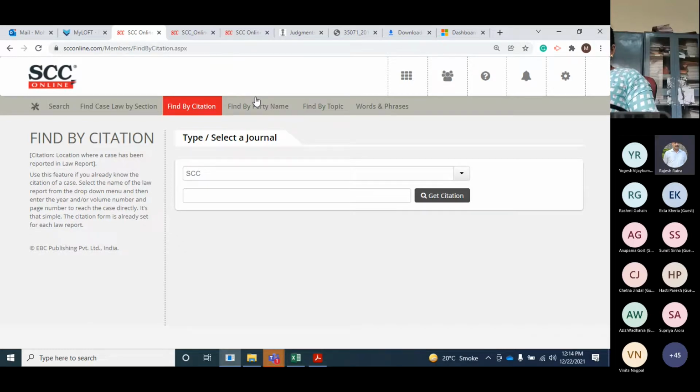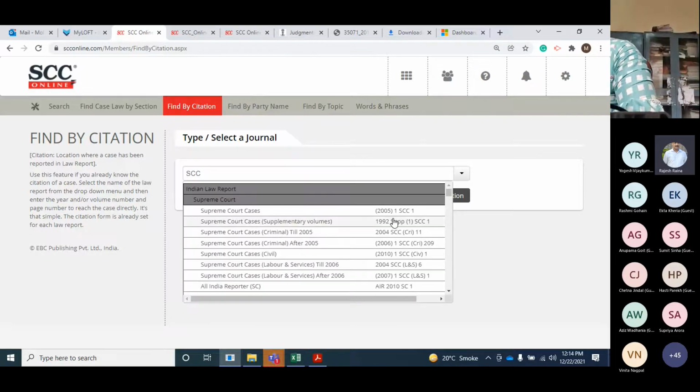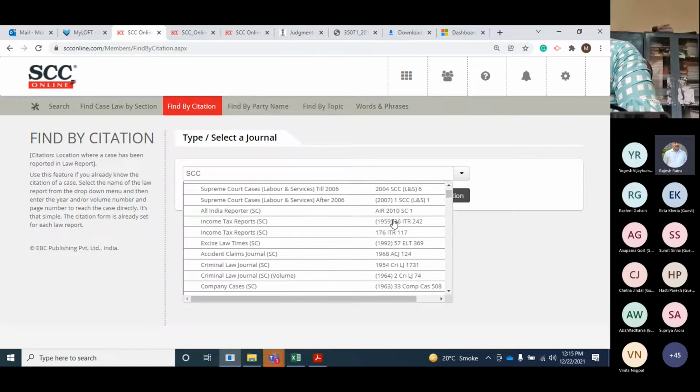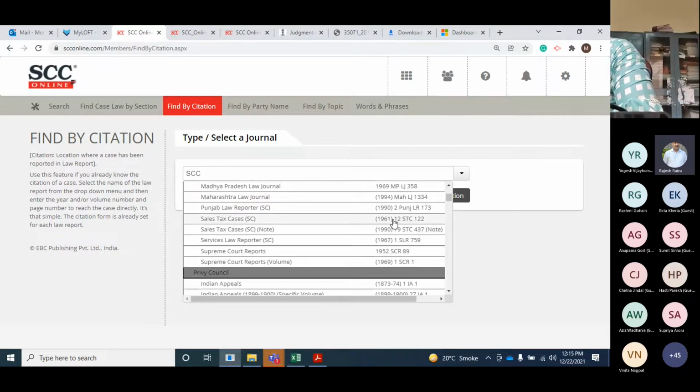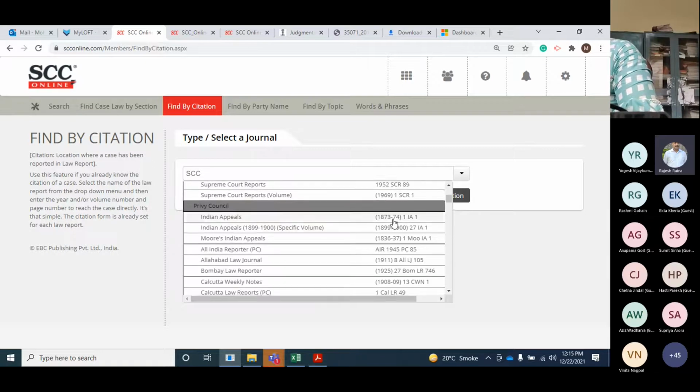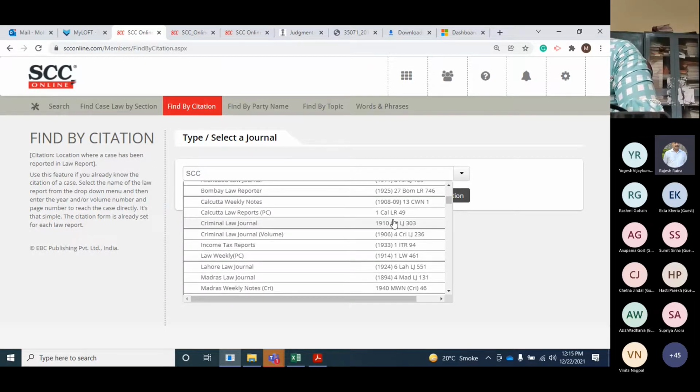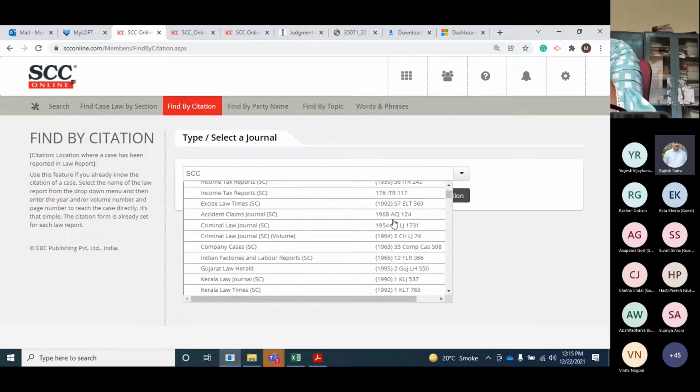Perfect. So we are talking about this citation search, students. Here you will be selecting from the drop down. You will see a list of around 200 plus citation formats. Apart from the publishing of SCC, you will see All India Reporter, Income Tax Reporter, Excise Law Times, to name a few. So these publishers all have a very specific set or format, as you can see on the right hand side. Now you can either select from the index or you can type the